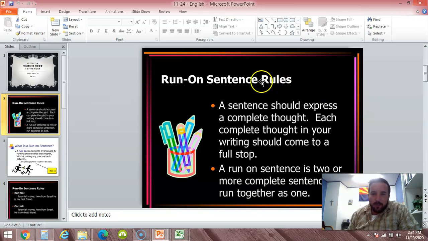If you remember, a sentence should express a complete thought, one thought. When you're done with that thought, put a period there, and then your next sentence can start the new thought. Where some people have an issue is when they have a lot of sentences made up of one, meaning they just keep going on and on and on. I'm not trying to make fun of anybody, that's exciting.